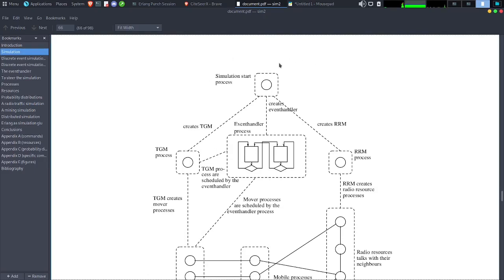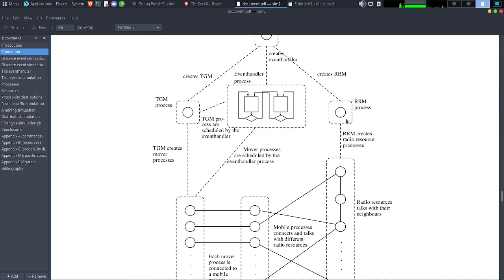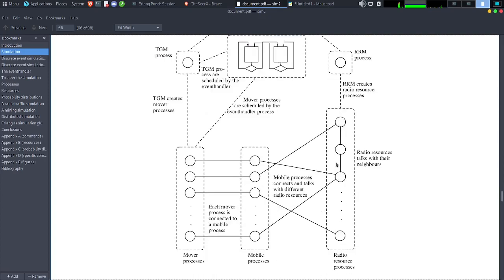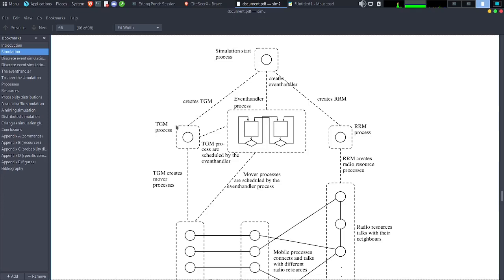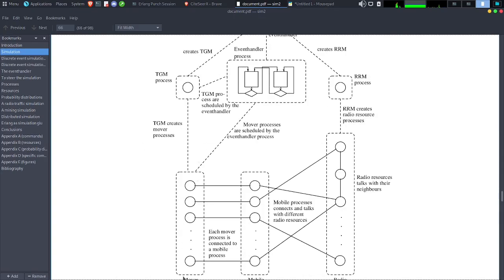Okay, so how is it working? We have a simulation start process. It creates an event handler and creates the RM process. So this is a resource process, I guess. It creates radio resource processes, and the radio resources talk with their neighbors. Okay, we have the TGM process. It creates mover processes.